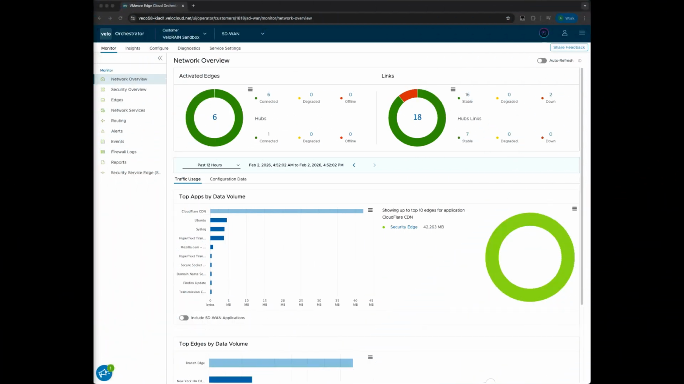Welcome to this demo on VeloBrain. VeloBrain is our AI operator for VeloCloud that was introduced in VCO version 6.4. VeloBrain leverages Gen AI to streamline operations and provide expert-level guidance, context, and troubleshooting for customers and partners managing VeloCloud